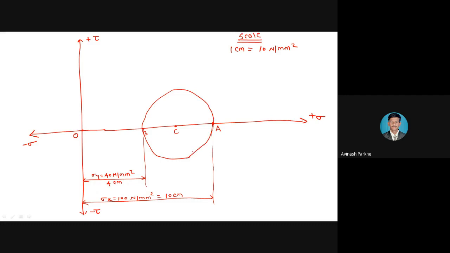So like that, you will get the circle. By selecting the center point C and by taking the radius CB or CA, you have to draw the circle. Center point I have represented as a point C, and from that particular point C, I have selected the radius CB or CA. Both radius are same. Therefore, the circle is passing through point A and point B.